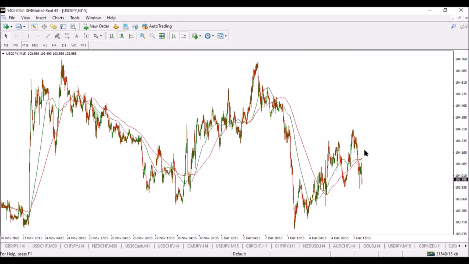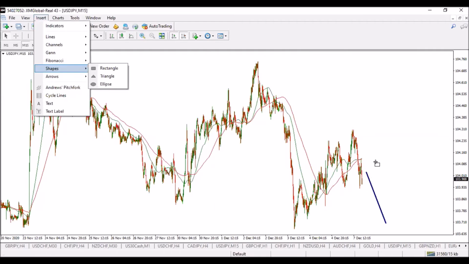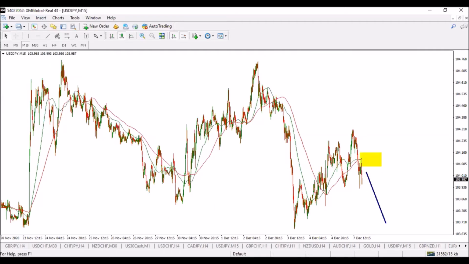But here, you see it wants to cross. So that's why I'm saying I wouldn't do anything here, as it's hesitating. It wants to go over. The green wants to go below, but it hasn't. So I'll just wait to see what happens. That's why I'm saying it could end up going down, because this wants to cross. As you can see here, it wants to cross. That's a good thing about understanding these.